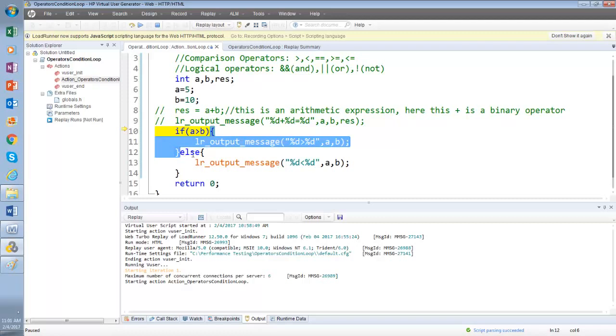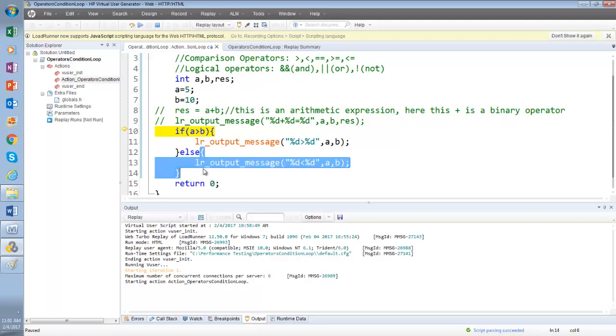Remember, the block immediately after the if statement will be executed if the condition is true. The else block will be executed if the condition is not true, that is false. If this happens, I'll do this; else, I'll do that. So line 13 is going to be executed.